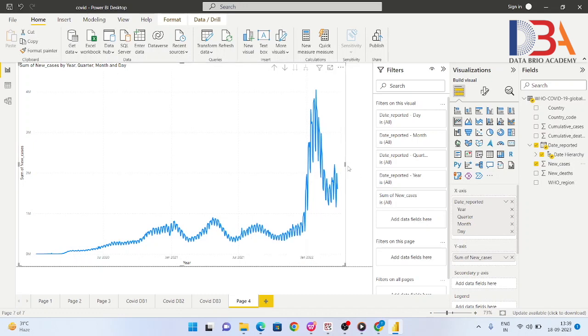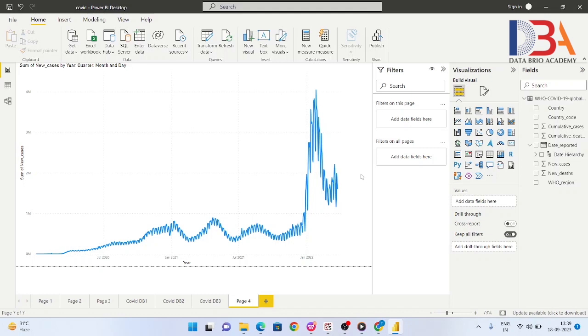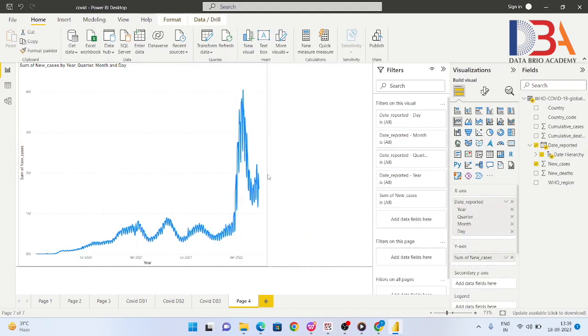Next we can add one slicer so that we can see in which country new cases are reported more and in which country new cases are reported less.